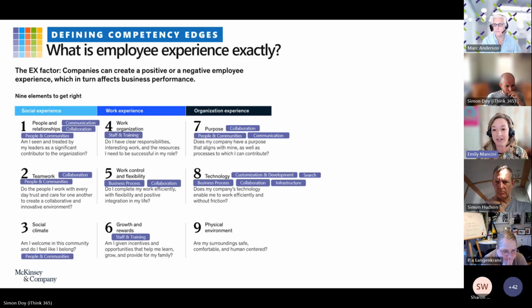Physical environment. This is where, when we're looking at employee experience and the competencies, I see it starting to get a little bit edgy, because we talk about the maturity model really supporting and focusing on Microsoft 365 enabling outcome objectives in the organization. Do you all feel that there are features within Microsoft 365 that are related to our physical space?